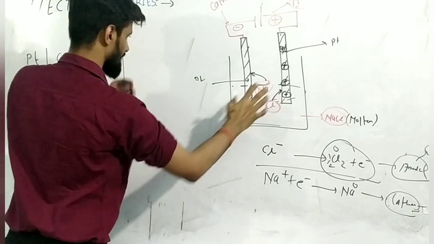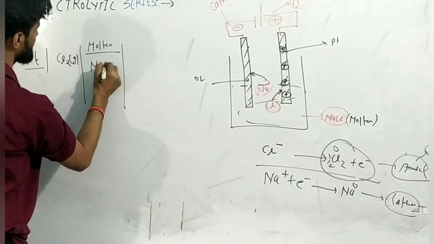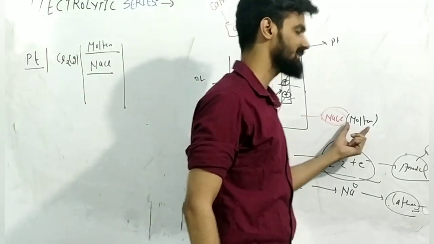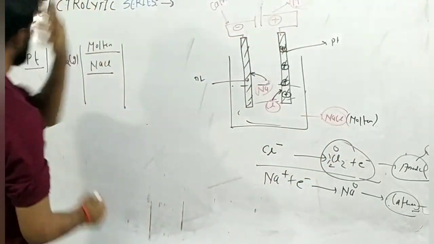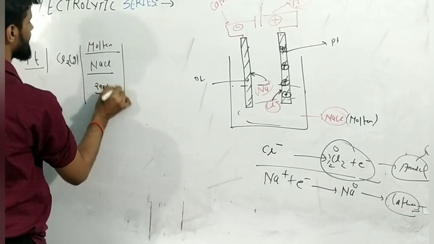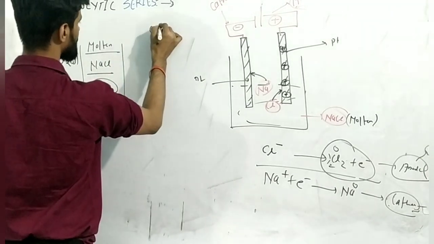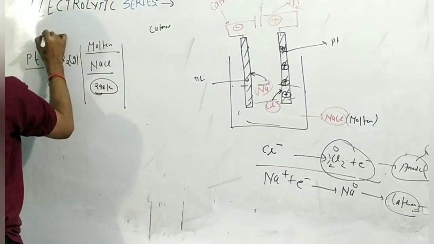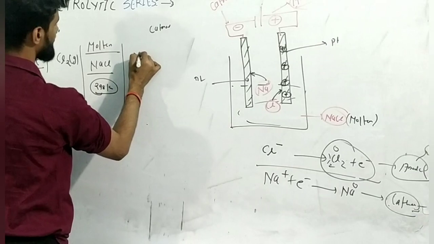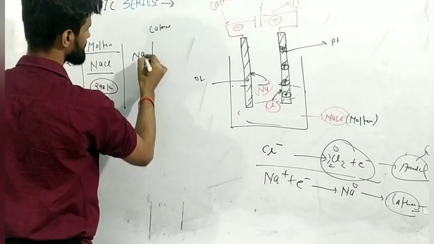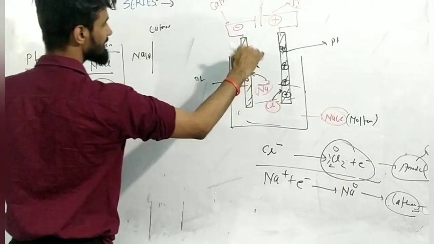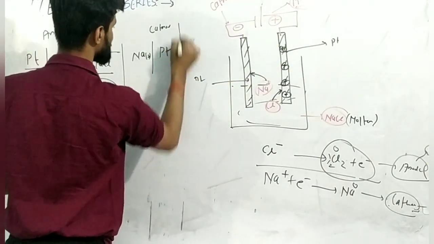The second one is that the electrolyte was NaCl. The third one was temperature and concentration. You don't need to write concentration because you have selected the electrolyte in the molten state. So here you don't need to write concentration, and temperature I think is 298 Kelvin. Now this is the cathode, that was the anode. On the cathode you get the product sodium. So I am writing sodium as a product. Okay, sodium in the solid state will get deposited on the cathode. Now the cathode is made up of which material? Platinum. This is an inert electrode.